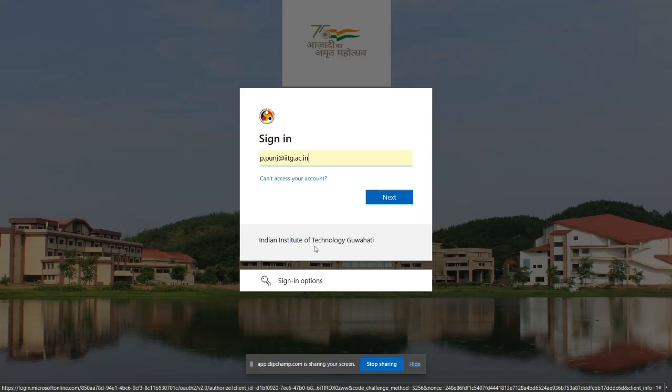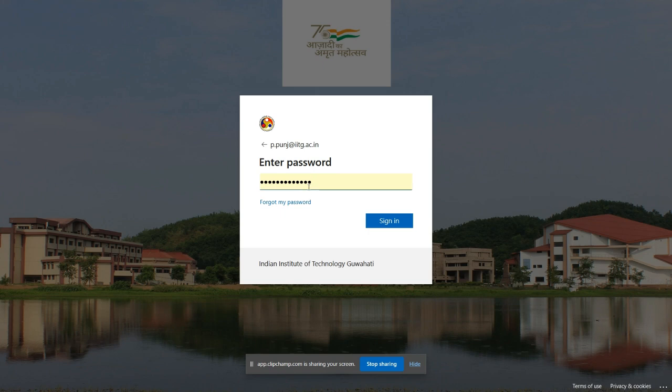Whenever you run my website, you will be redirected to this IIT Guwahati Outlook authentication page. That is where you have to put the email ID, and when I put in my email ID, here it is working, like you can see. You'll click on next. It will ask you to enter the password. You will enter the password, I put in mine. So as soon as you sign in,